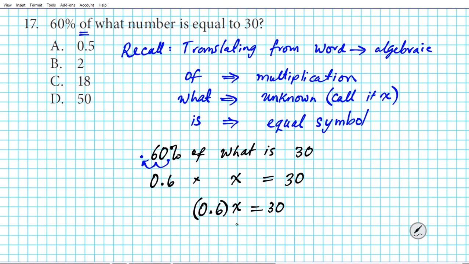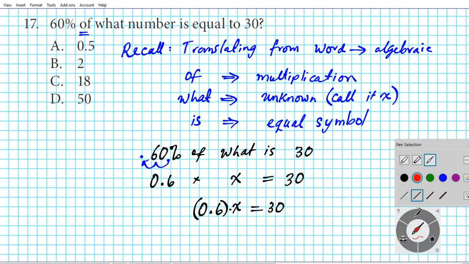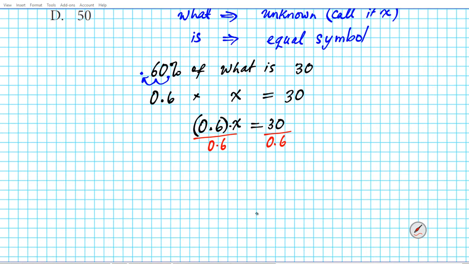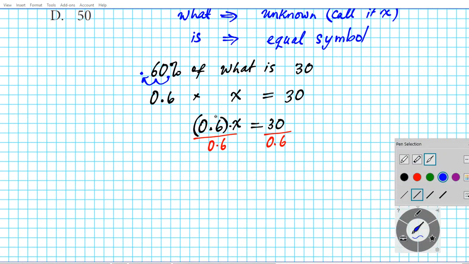Now how do we get x by itself? We have to get rid of 0.6. We have to undo the multiplication operation. So what is the inverse of multiplication? The inverse of multiplication is division. Okay, so we'll divide by that coefficient, 0.6, on both sides of the equation to preserve equality. Okay, now what do we have? We will just cancel out, divide out the 0.6's on the left side, so that yields x is equal to 30